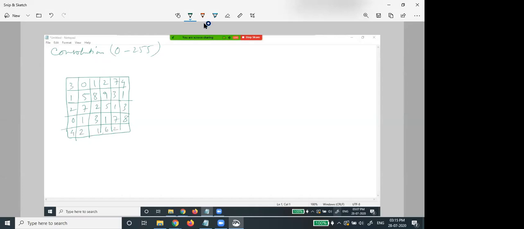Just take an example, and we have to calculate. Just grab some pen and paper by yourself. So it is a 6 cross 6 matrix.